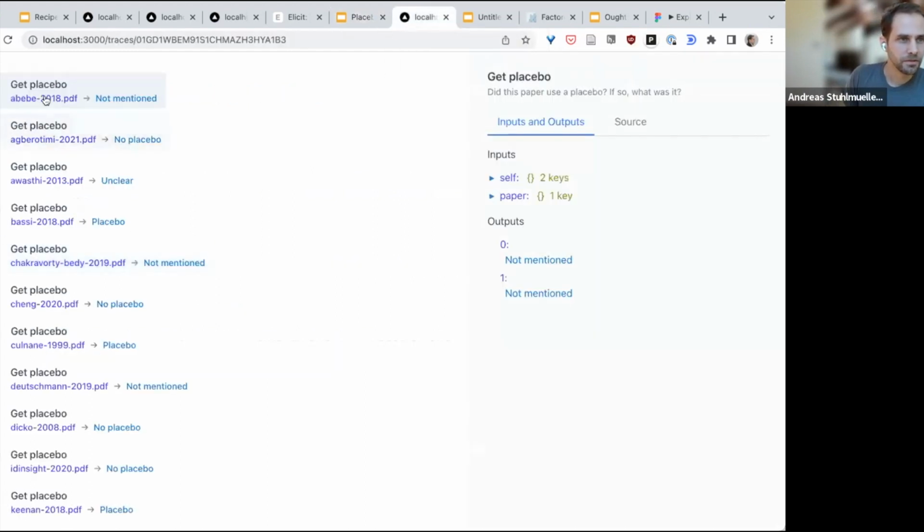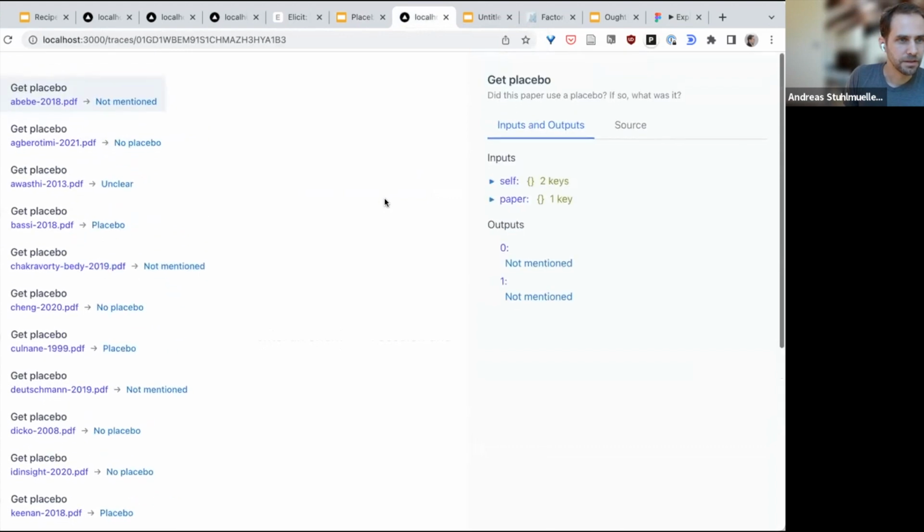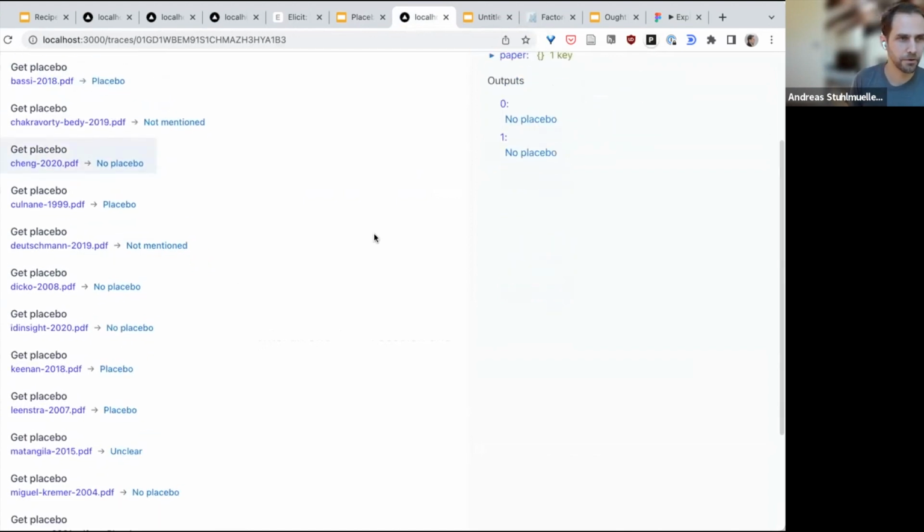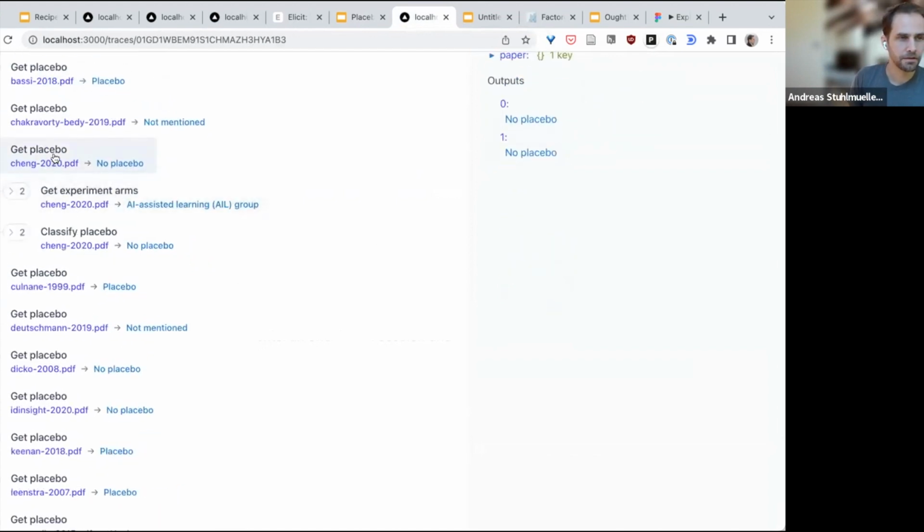Okay, so what does the recipe actually look like? Here I ran the decomposition over many papers. Let's just pick one of them. I'll pick one where we didn't return a placebo. And the way this recipe works is there are two steps. First, we try